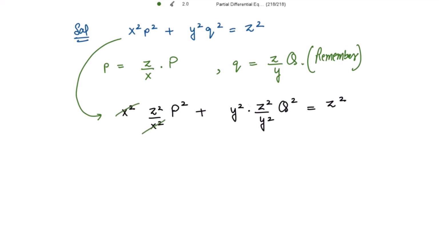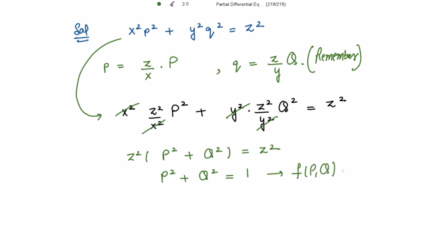Then these two cancel out, and taking z square outside, we get capital P square plus capital Q square equal to z square. From here we get capital P square plus Q square equal to 1. So this is the equation in the format in P and Q only, right? To solve this equation, which is the standard form 1,